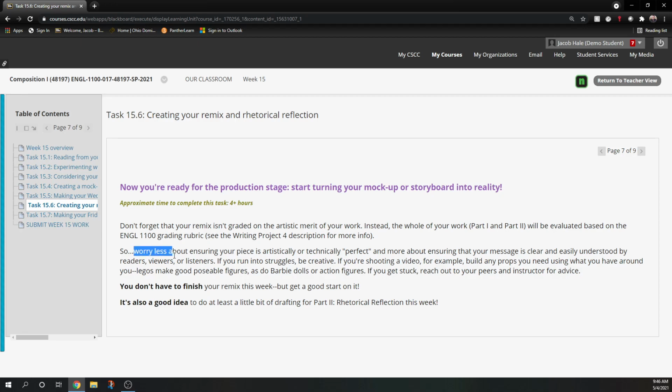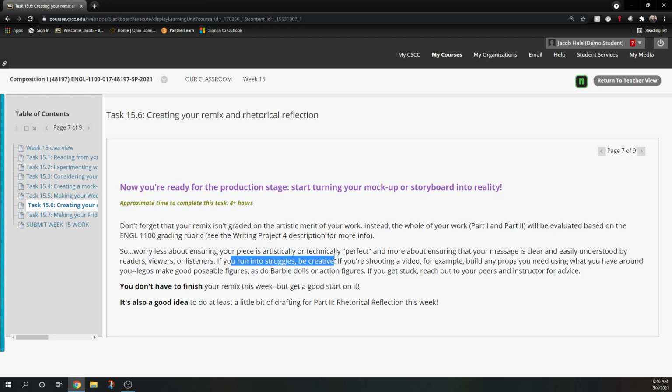So I would concern yourself less with artistic or technical perfection, and be more attentive to whether you are conveying your message, and if the points that you're making are going to be easily understood by your audience.